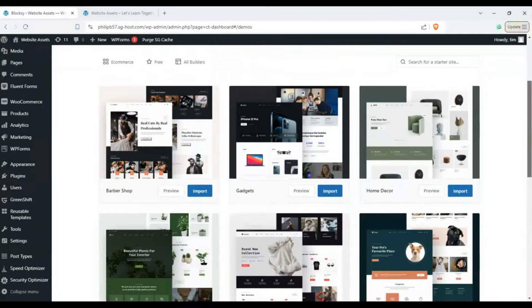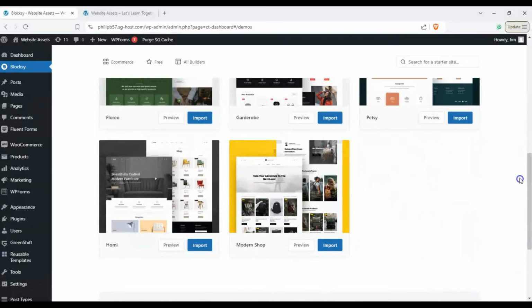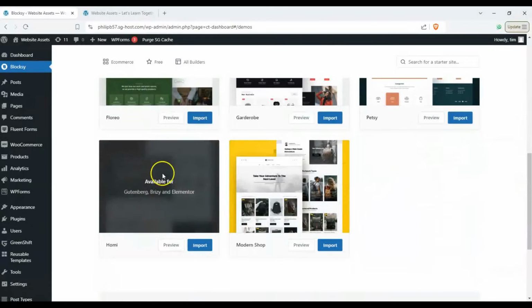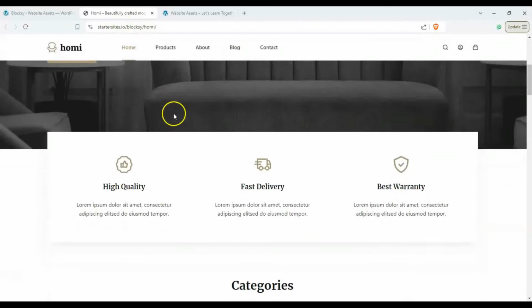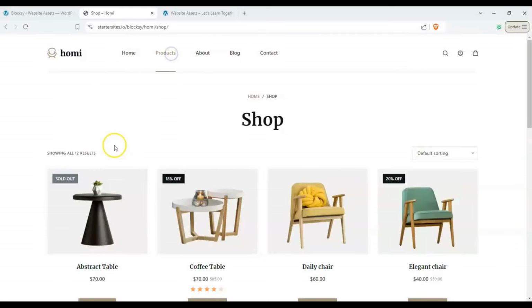Okay, so let's decide to make one. And let's click on this furniture one. Let's click on preview. It takes us to a different site altogether, but we can test drive the functionality of our site, like add to cart,